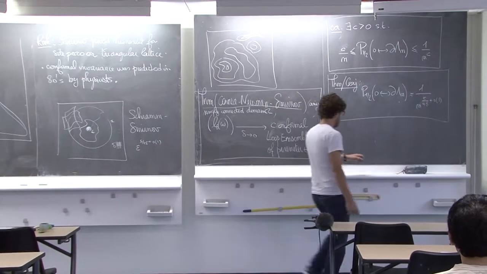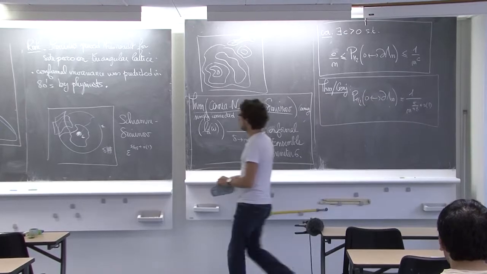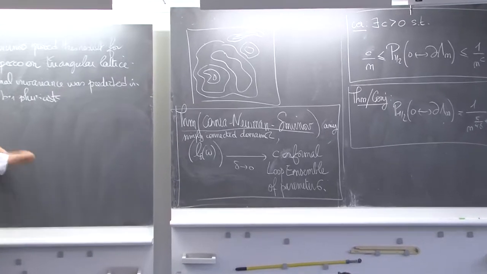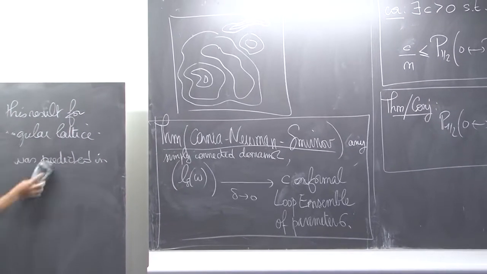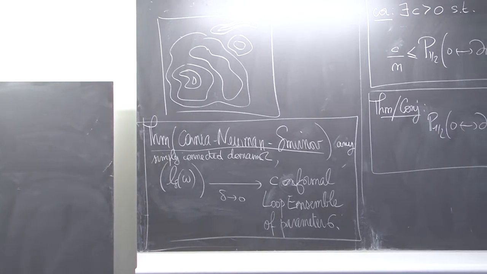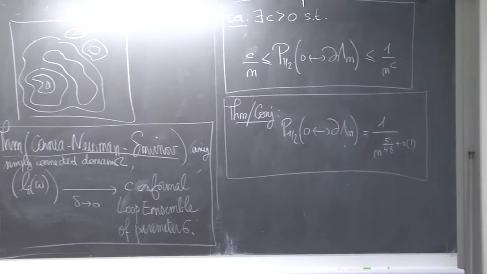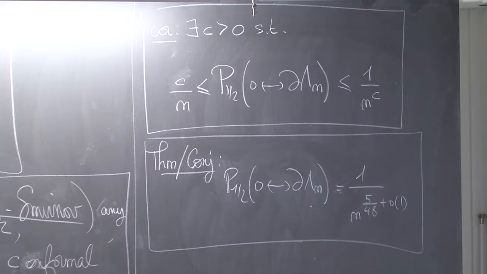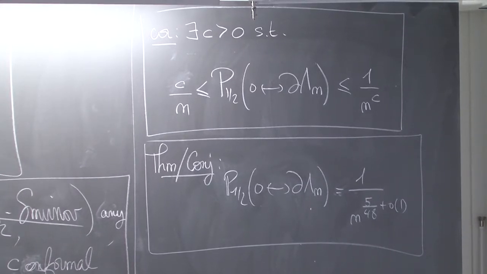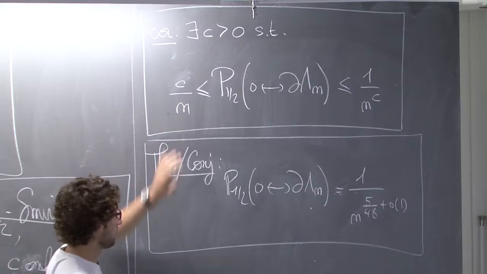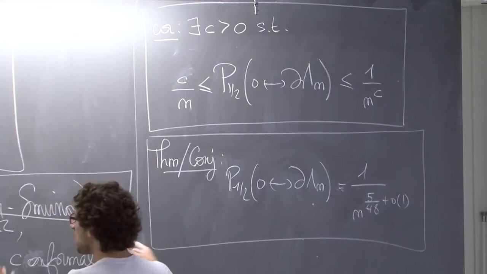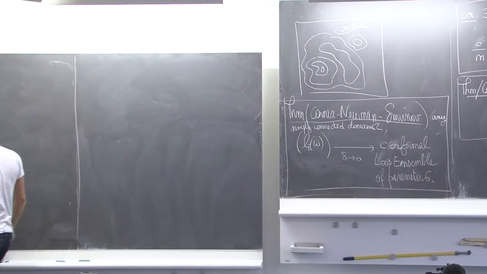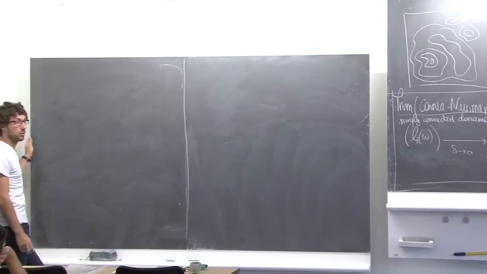Let me maybe finish with that. I have one or two more things to say, and then we make a break. I know that this part, I'm not proving anything. Don't worry, I'm going to go back to proving things in 15 minutes. But I think it's nice to give you a little bit of description of what is happening at criticality. This thing comes from Russo-Seymour-Welsh plus this conformal invariance. It's not sufficient to have just Russo-Seymour-Welsh. There are many other things that come from Russo-Seymour-Welsh.